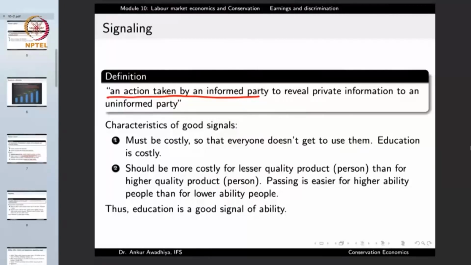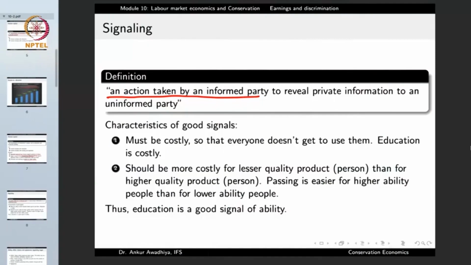Now, by showing themselves off, the peacocks are giving a signal to the peahen that this is my ability, this is my level of health status. And similarly, in the case of education, people can use their education as a signal to tell the prospective employer that these are my abilities. If I have a degree from such and such institution, it means that I am able to put up hard work. It means that I am a punctual person. So whatever the other person says, that is immaterial. You can just have a look at my grade sheet and make your own choice. So that is signaling. So education has a very important role in signaling.